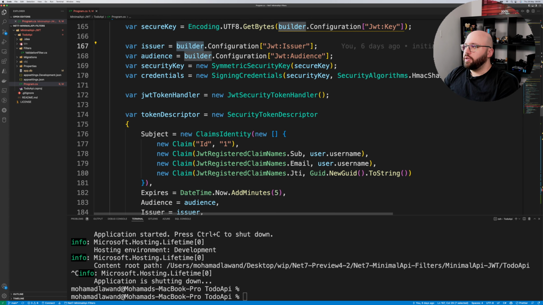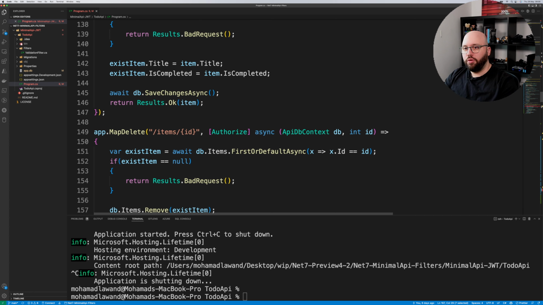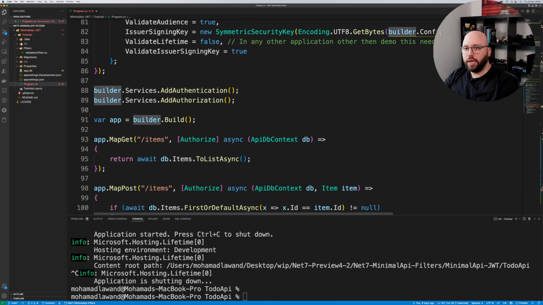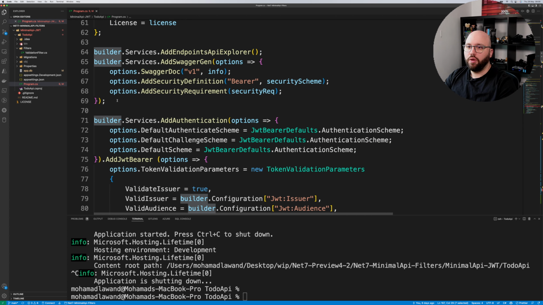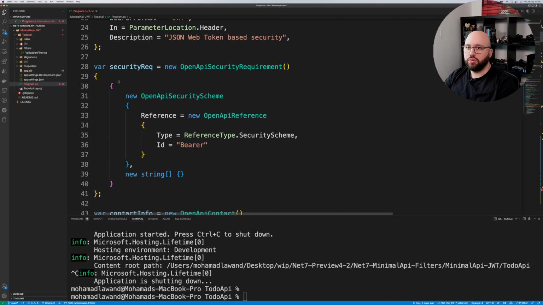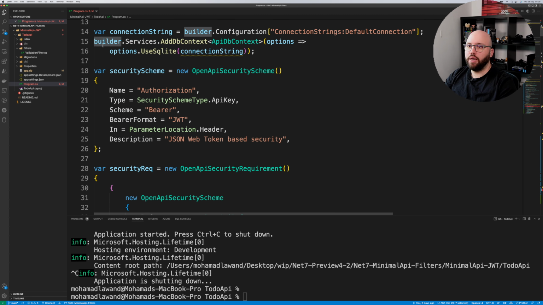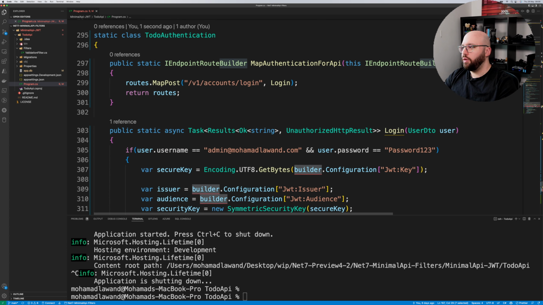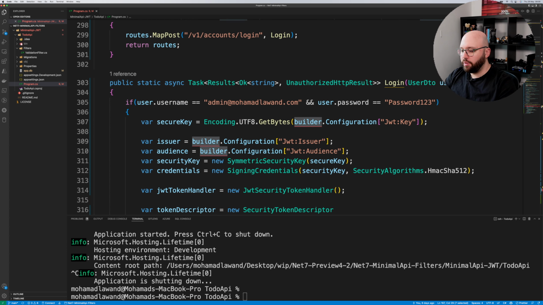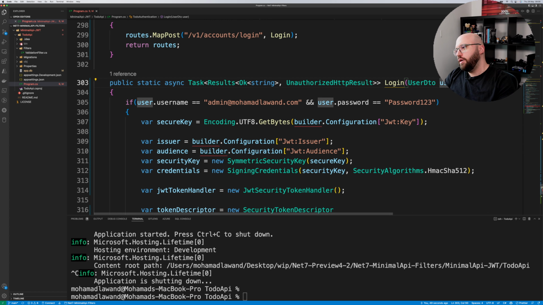And the builder, because it's inside the same flow of the application, we are able to directly utilize this builder here, which we have created previously, which is this one. But because we are in a different class essentially, and we are trying to inject this, we cannot really use the builder mechanism here. No matter how hard we want to, it does not work. So what we need to utilize here is something called the configuration interface, because basically